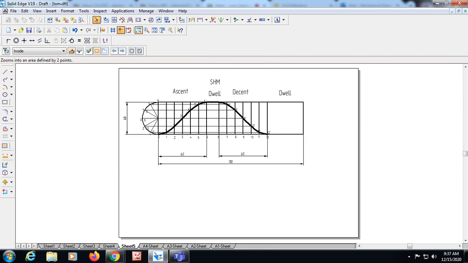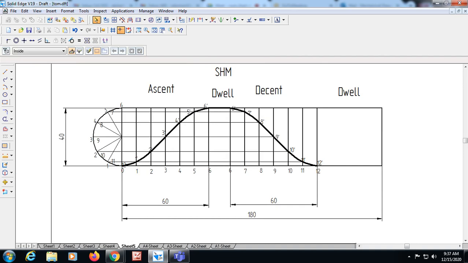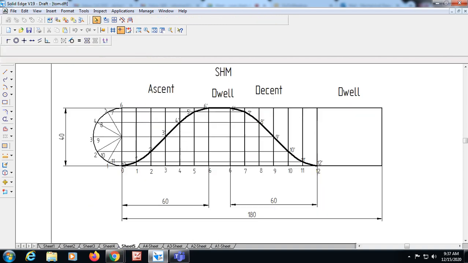So you have to practice both the methods. Okay, and in the exam any combination can be asked. For example, now I have done these two procedures, ascent and descent both by URM motion and both by SHM motion. But sometimes in the question the ascent part is in SHM and the descent part is in URM. So a combination like that can also be asked.